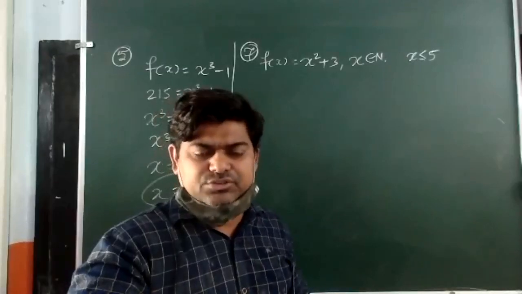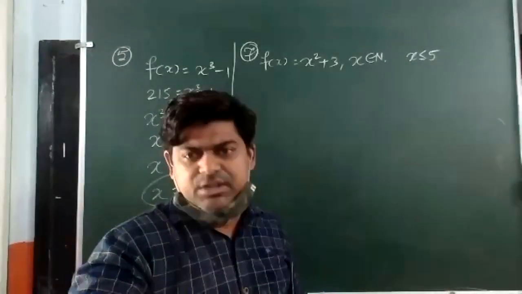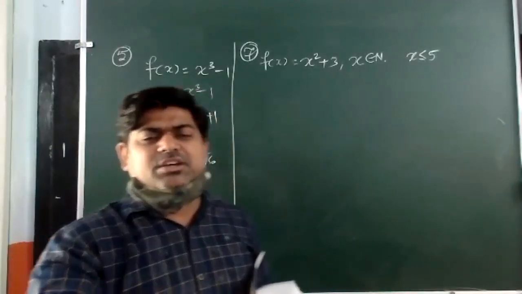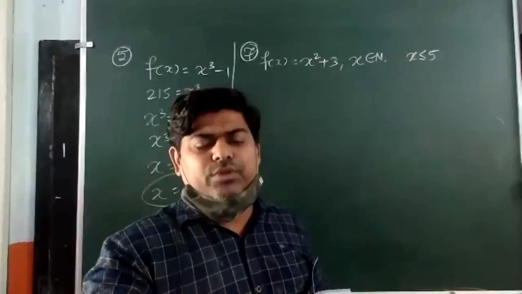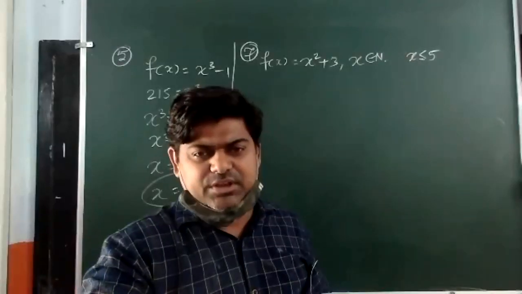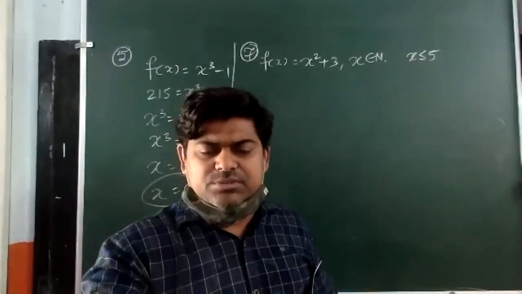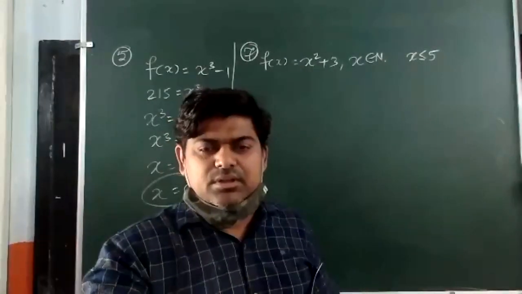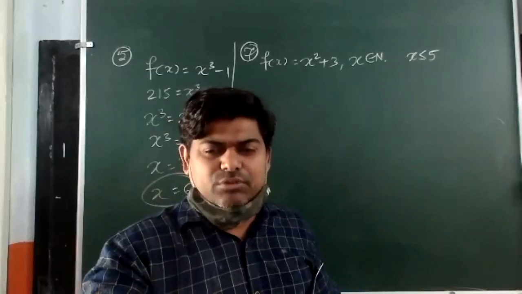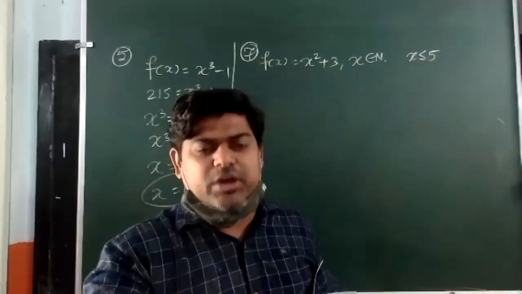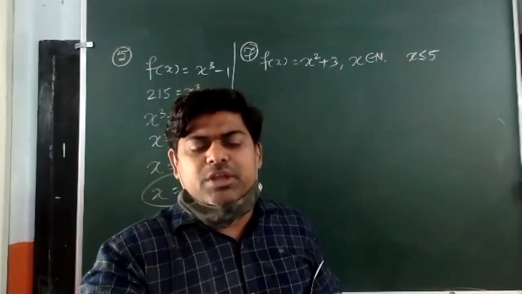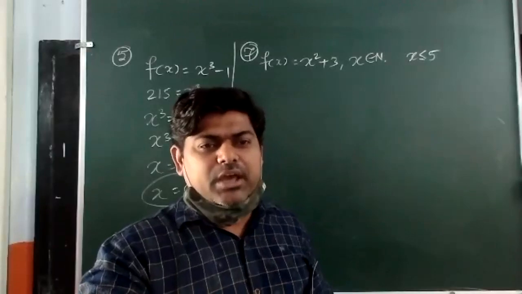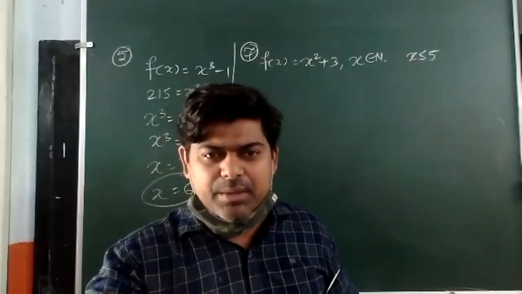Set of the first element is domain, set of the second element is range. Now when we move to the function, it was written in another way. I told you that all the values of x for which this function is defined will be the domain. And after substituting this value, whatever I am getting as f(x) will be called the range. So x will be the domain and it will be the input. And after putting one value of x as an input, whatever output I am getting as f(x), that means the range. Am I correct?